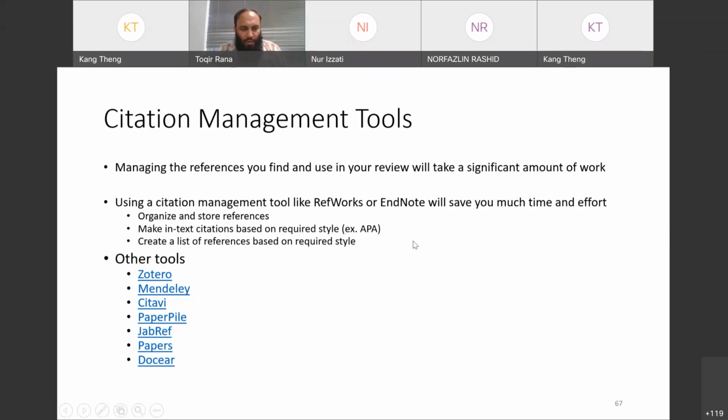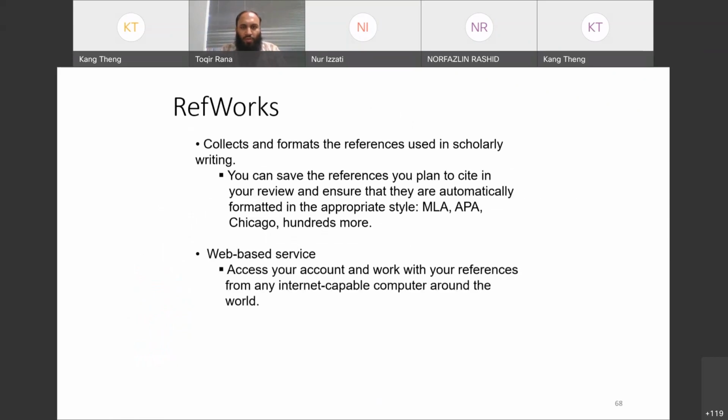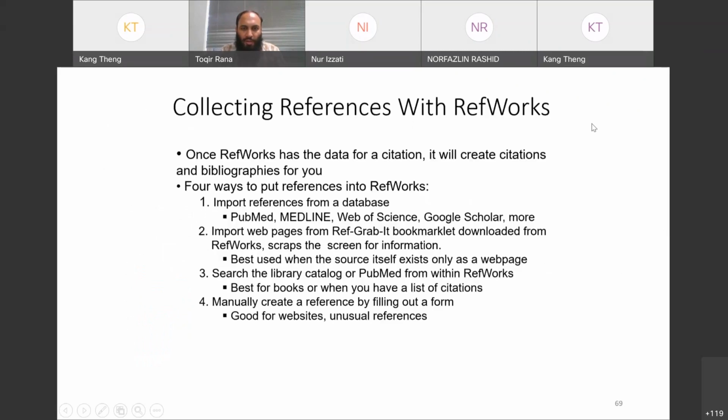So there are some more. I was talking about the reference managers, so let's have an overview of a few of them. RefWorks collects and formats the references using scholarly writing. You can save the references you plan to cite in your review and ensure that they are automatically formatted in the